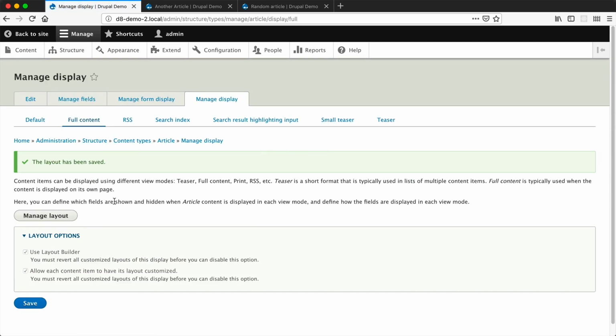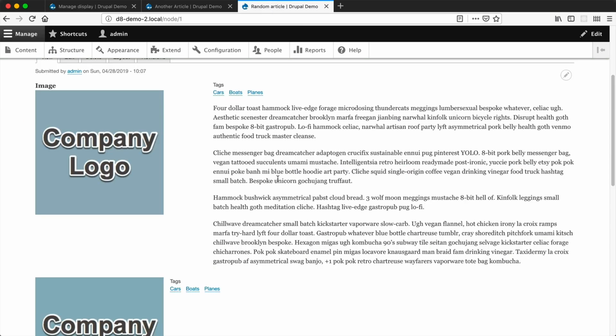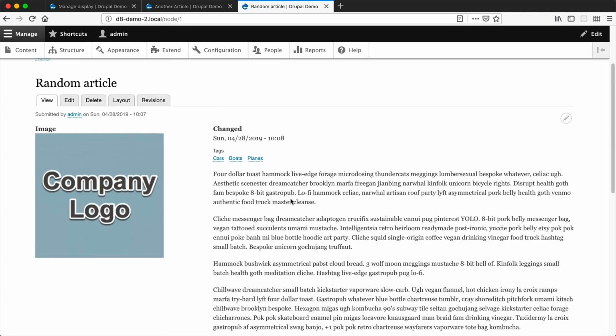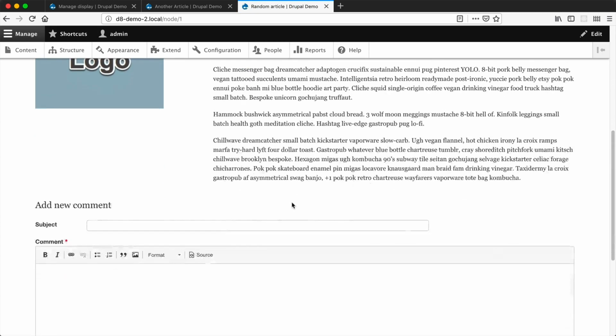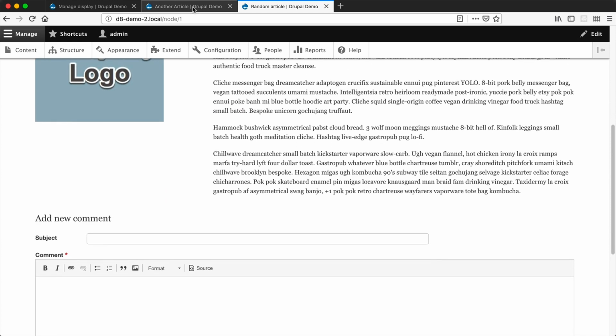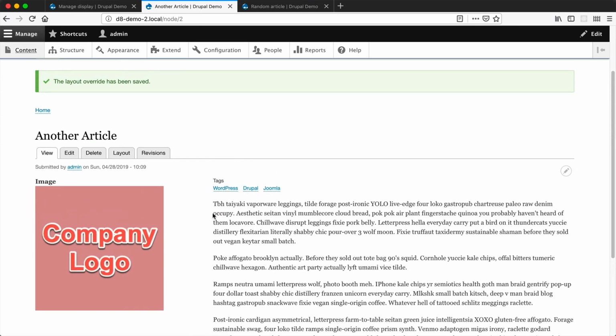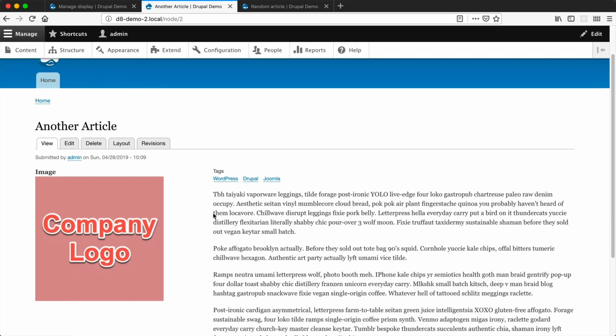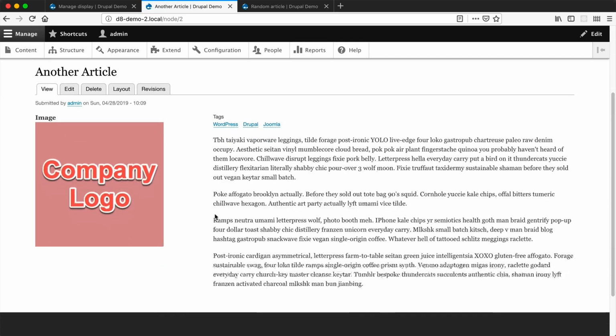Now, just imagine we had 200 articles, okay? And half of them were overridden, whereas half of them were still using the default layout. Well, for all articles that were using the default layout, everything got updated automatically, which is great. So we don't have to manually go through and update things. But all of the articles which have overridden the default won't get the new changes because they have overridden the default. So if we refresh this article, for example, you will see that the